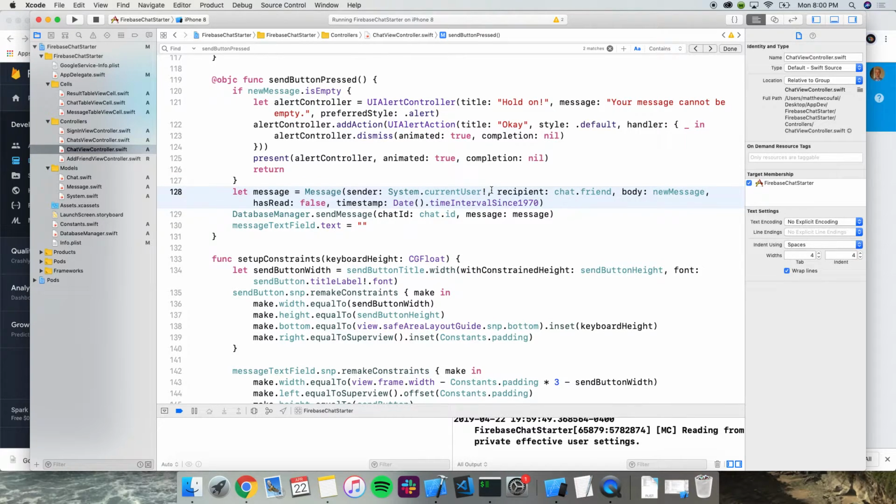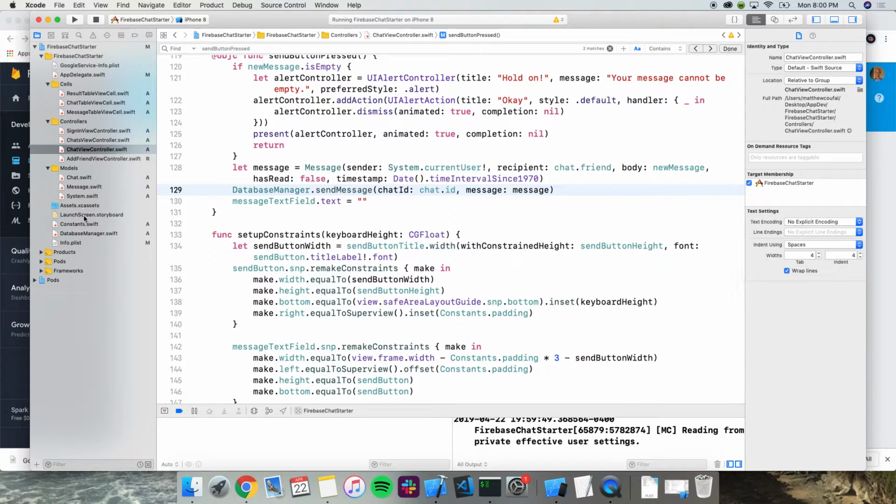And the sender is going to be the current user, which is me, the recipient, which is my friend, and then the body, which is going to be that new message. And then has read automatically should be false. And then we get the timestamp right when you send the message. And then what we want to do is actually put that message in the database. So let's implement that.